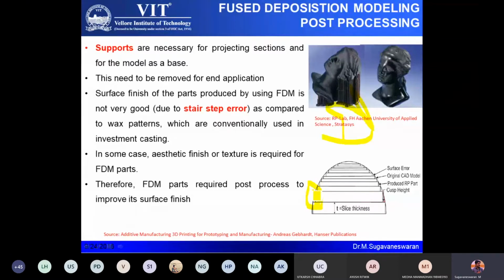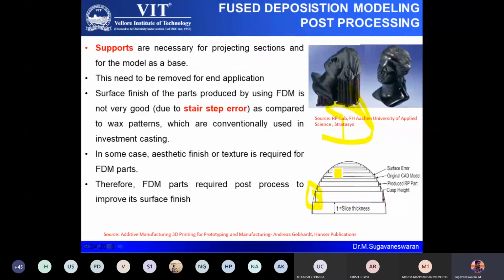This will be there in any digital based method. Even if you take paint, draw a straight line and zoom it at a higher resolution, you may not see the different pixels. You can see connected black line pixels. But if you draw an inclined line and zoom in at a higher level, you can see the black color pixels, and these pixels form a staircase because the computer is trying to represent a 3D geometry in 2D data, that is zeros and ones. So this is a predominant problem in any digital method, and it is observed in additive manufacturing process also.